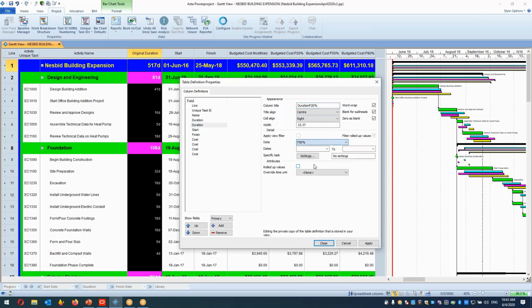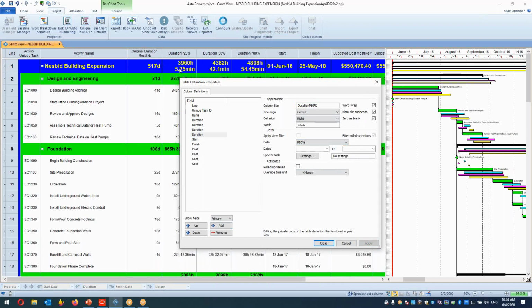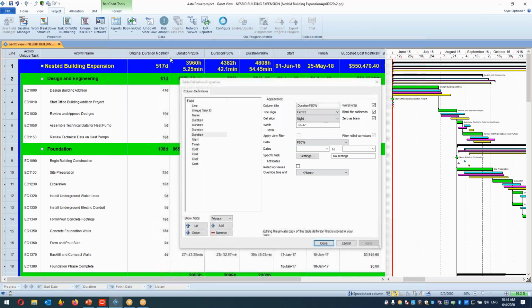And you select here 20. We add here P50. Select the P50, and we add here P80. And apply. And please see now,